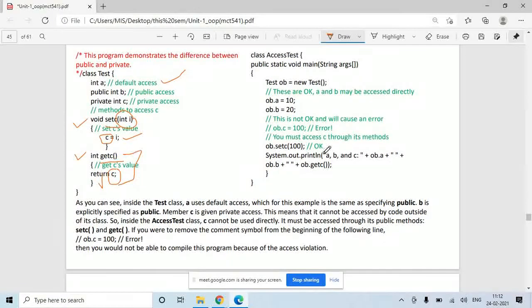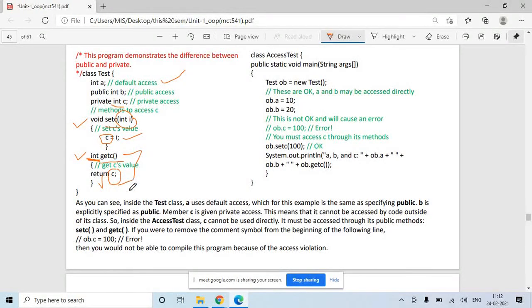So the current value 100 will be returned. And c is a variable of type integer. That's why the return type is mentioned as int. Getc is a function which returns the current value of c, and c is of type integer, that's why the return type for the getc function is int.